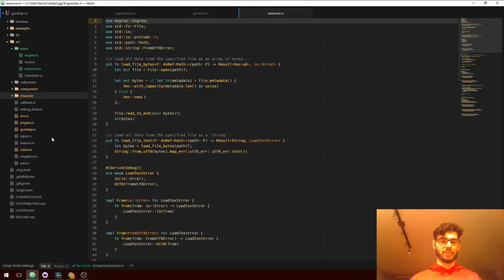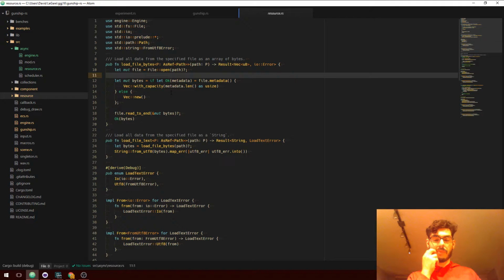So would the module be resource for working with resources, or resources like collection is collections? These are really the important questions, the questions that I need to be spending as much time as possible on, because everything else pales in comparison. I'm going to leave it resource for now, even though every time I try to use it, I'm probably going to assume it's resources with an S at the end.